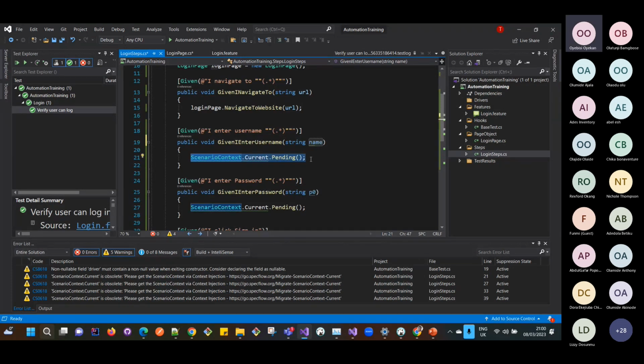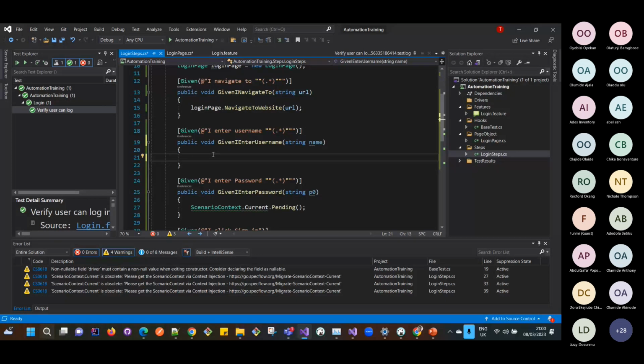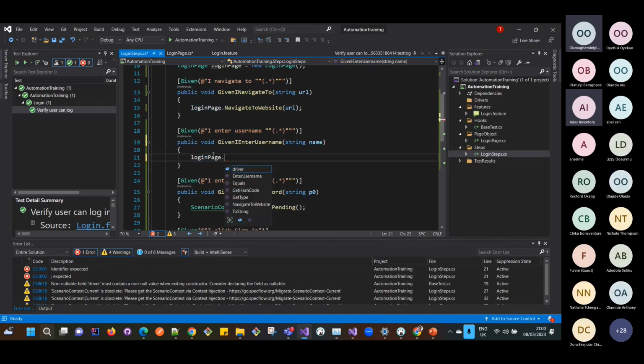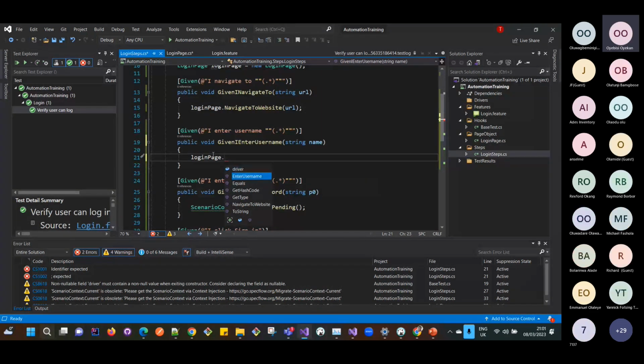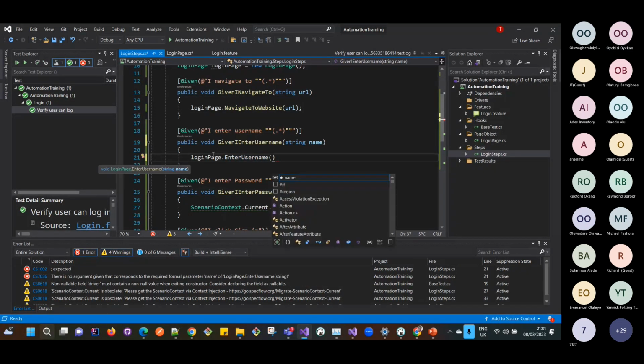Okay, so I'm just going to delete this because all these scenario context current lines are generated by default once you generate your step definition. So can someone tell me what I need to type in here? Login page dot. No, driver user. No, login page. Enter username. Okay, thank you. So the username, you see, is giving me an option to say